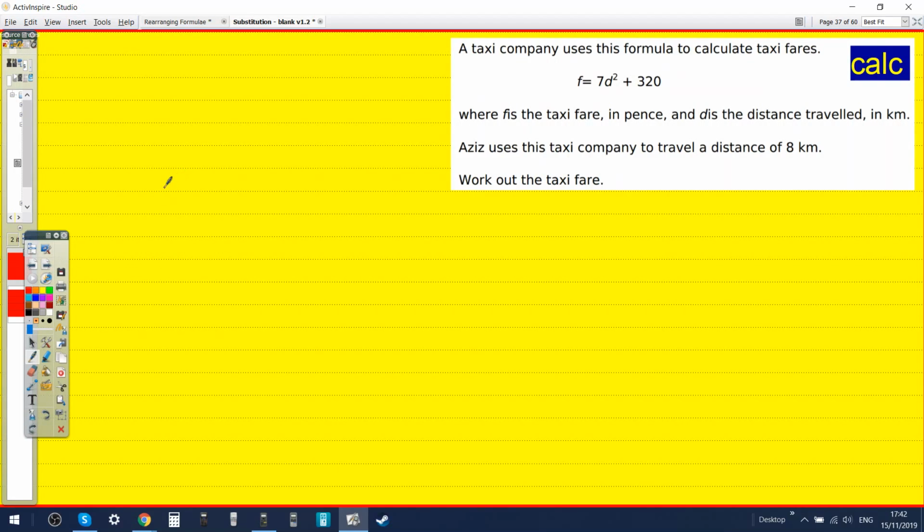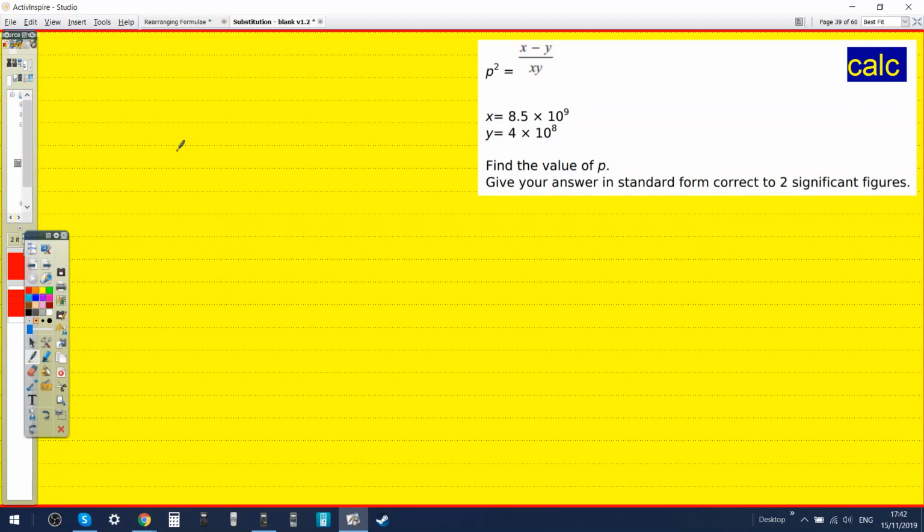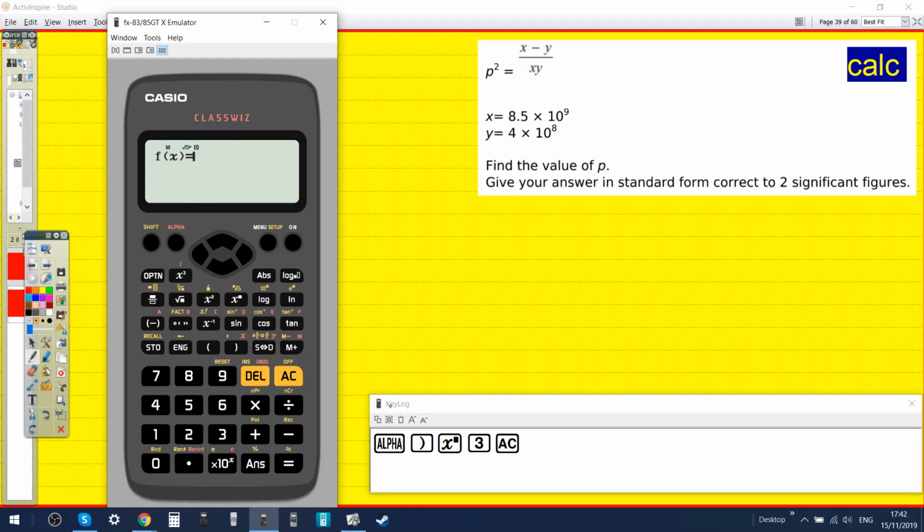So this is a calculator one. Look at the taxi fare, you'll be fine. Yes, so this is a calculator one. Let's try this. Find the value of p. Okay, so p squared equals. Okay, so 8.5 times 10 to the power of 9 minus 4 times 10 to the power of 8 over